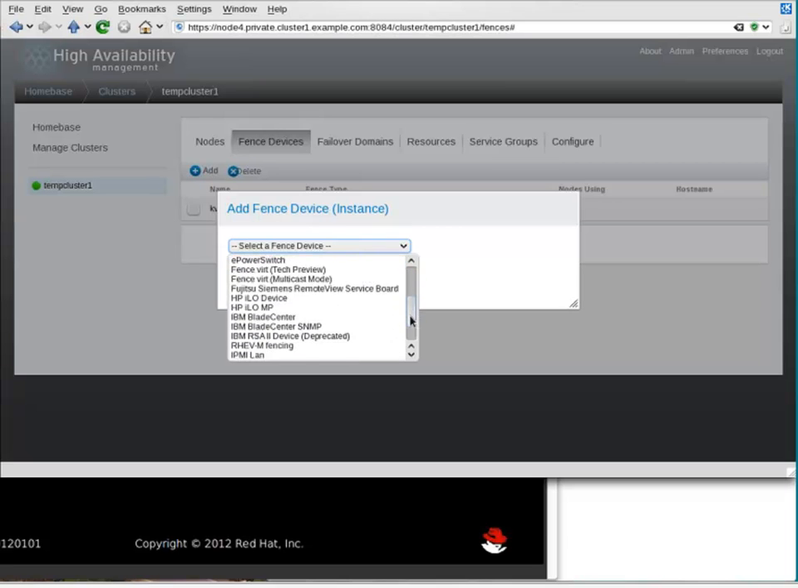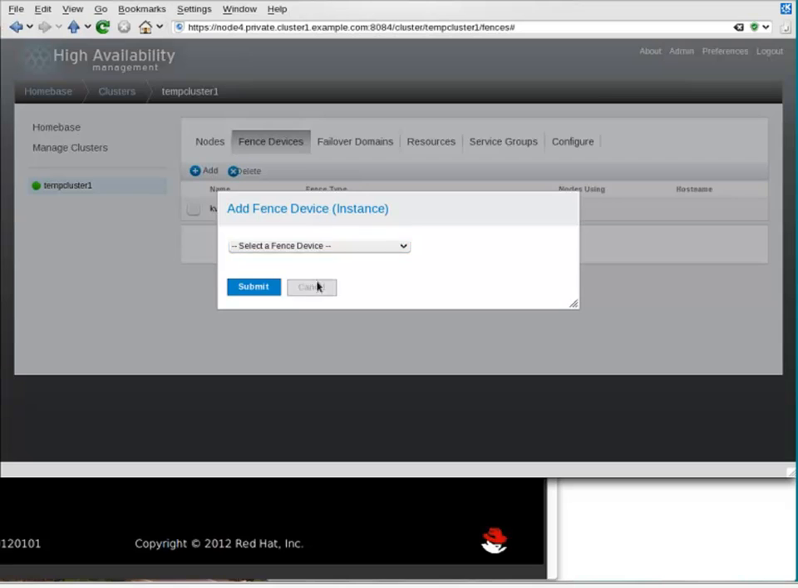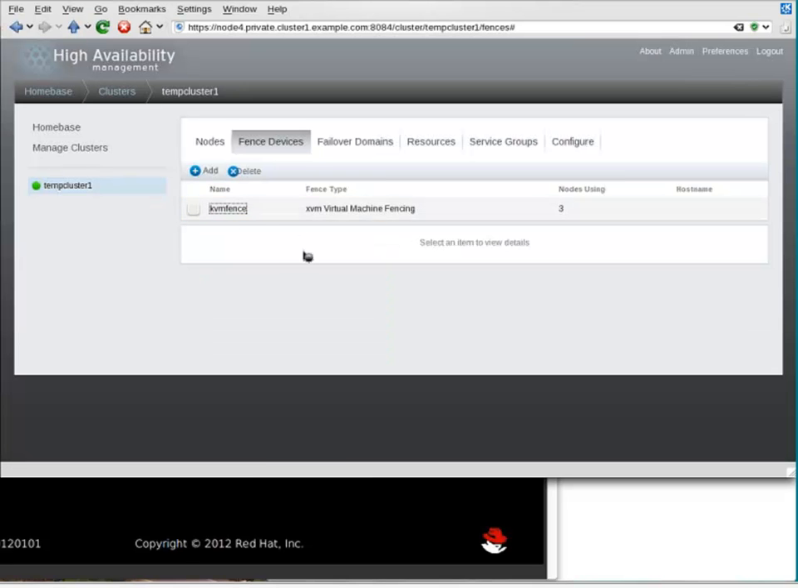There's DRAC, iLO, so you can connect to their out-of-band management interface to control the working of the machine. There's VMware fencing, BladeCenter fencing for IBM. The one that I'm using is this fence_virt multicast mode. That's what my device is. All right, now if I take a quick look at it,